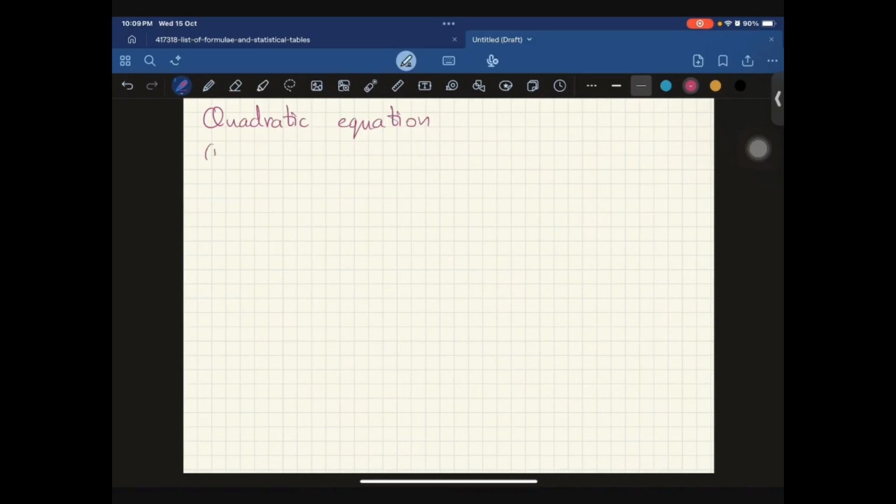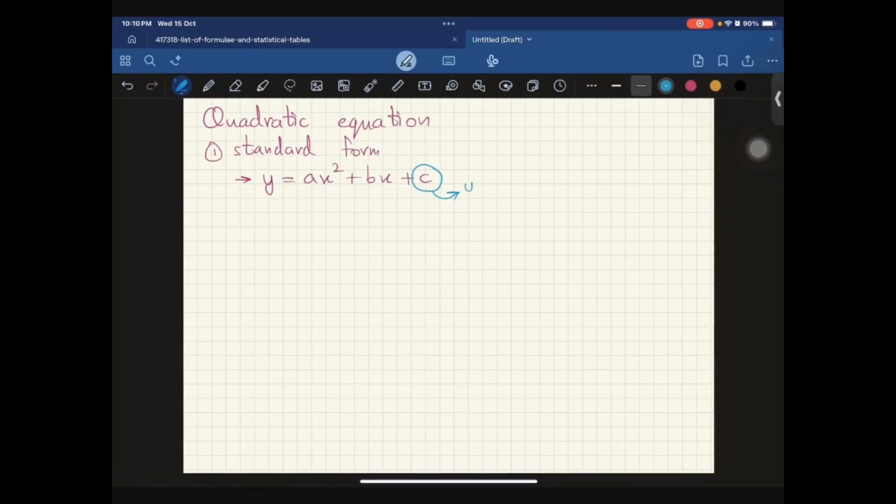So the first form is the standard form, which I also showed earlier, which is basically y equals ax squared plus bx plus c. So this is showing us that the highest power of x is 2, and then the second highest is 1. And then there's a constant value over here. Now this constant value has a significance. So this c